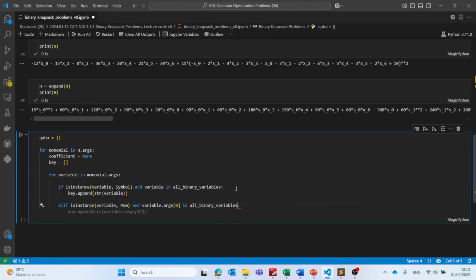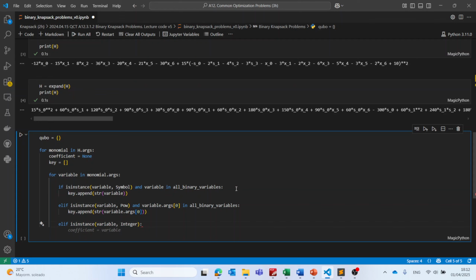Then we will key append string. We will append those variables as strings again. And then for the constant coefficients is another case, that is if its instance